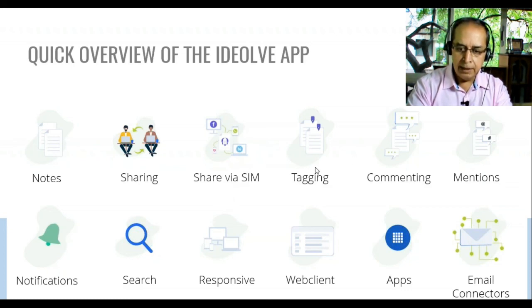The notes can be tagged to classify them. People post comments on it. People mention people to draw their attention to the comments or the notes. Each user receives notifications of whatever is happening. You can search for your notes and comments. Okay. This is available in a responsive form on all devices. It's also available as a web client. Okay, and it has an email connector.